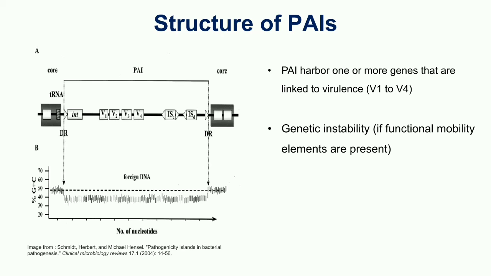The pathogenicity islands are genetically unstable. This is mainly due to the presence of mobility elements, which gives the PAI an ability to move from one space to another. So their structure is mosaic, as they can be acquired by a number of mechanisms. And during the transfer, due to mutations, that is additions and deletions of certain genes, a specific PAI structure cannot be retained.